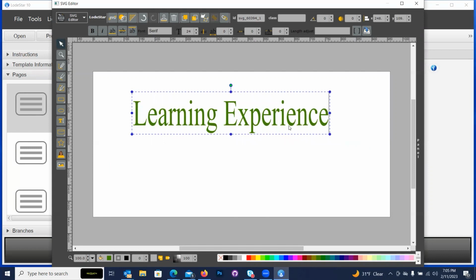Now, one of the issues in LodeStar 10 right now in this beta release is that you cannot leave this flashing bar, this caret, inside the text box. That essentially causes the editor not to listen to mouse clicks. It's easy to remedy. You can just simply go back into the text box and click out, but